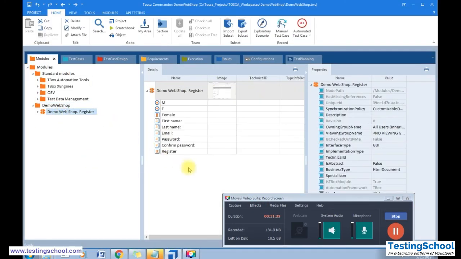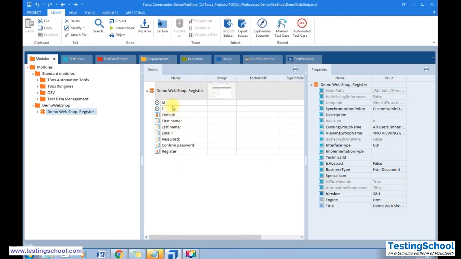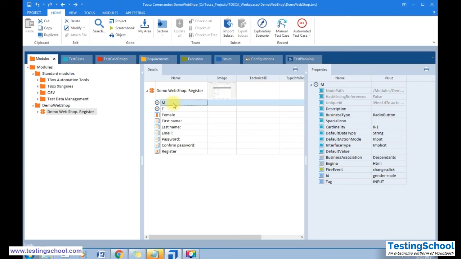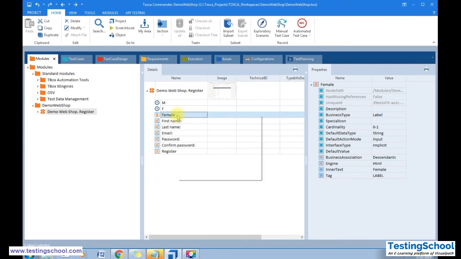So now all these elements have been identified by your scan. Look here. This is a checkbox. Oh sorry, this is a radio button. Somewhere you'll have the properties: the business type is radio button. Okay, this is a label. We don't want this label actually. These are the text boxes, and the business type is text box.